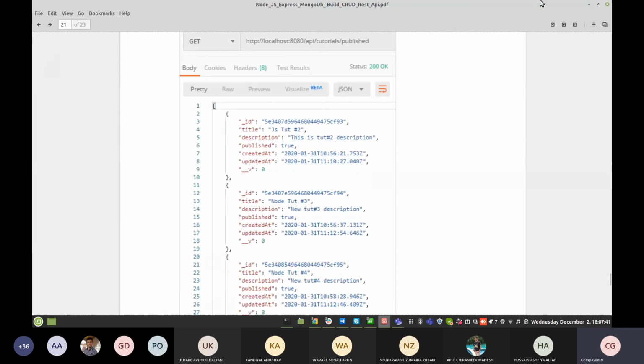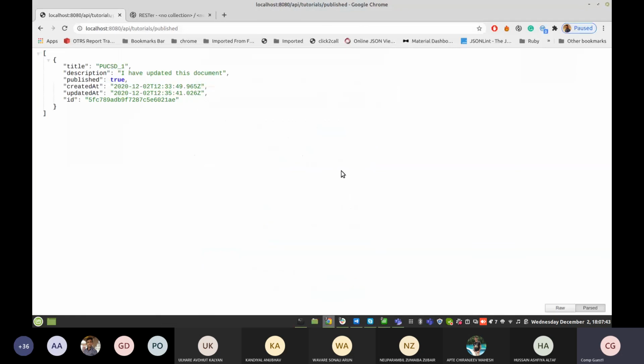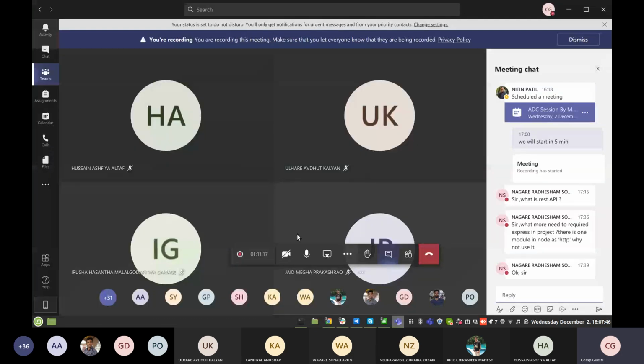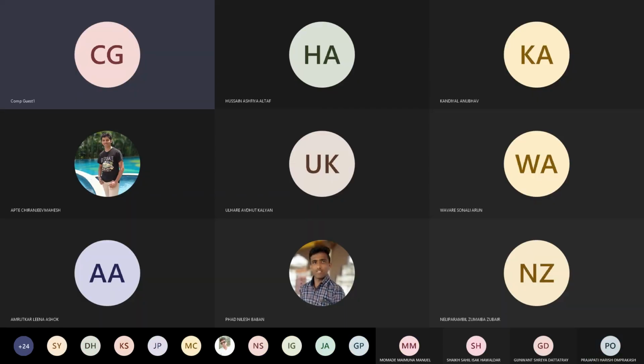So we have almost covered all the points. I will share the tutorial with all of you. Your next task is to write your own application with reference to this, with your own data.